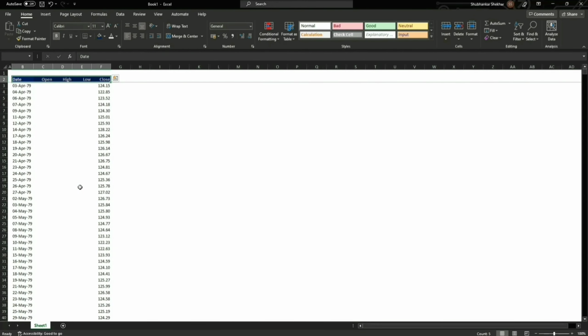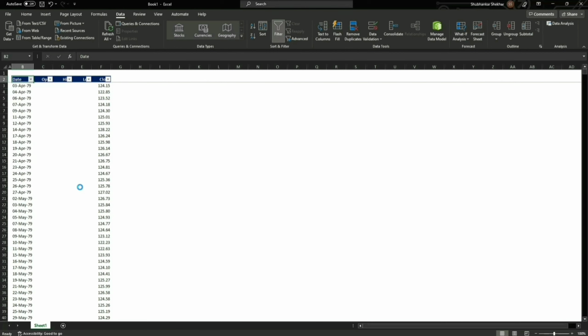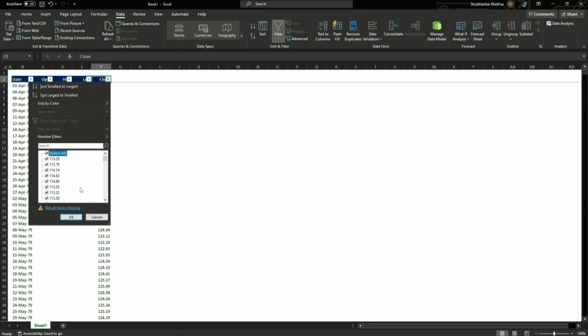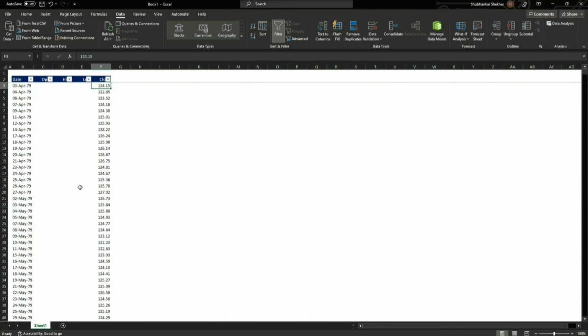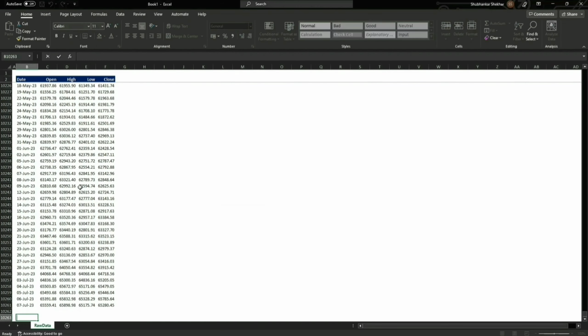Right, we are also going to check whether there are any errors here or not. Okay, there doesn't seem to be any kind of error here. Right, we are going to rename this sheet as raw data, right?